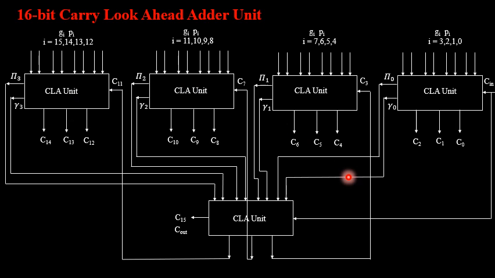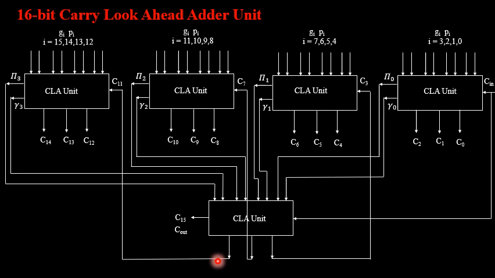Now if I consider this particular carry look ahead adder unit, depending upon the number of bits and the number of blocks you select, in addition you have to select one more carry look ahead adder block, wherein you apply all the inputs as pi and gamma signals. So here I have 1, 2, 3 and 4 pi as well as gamma signals, which will behave like the propagate or pass signal as well as the generate signal for this carry look ahead adder unit. The main carry output generated from this entire unit will be the carry output C15, and the intermediate carry outputs will be C3, C7 and C11.